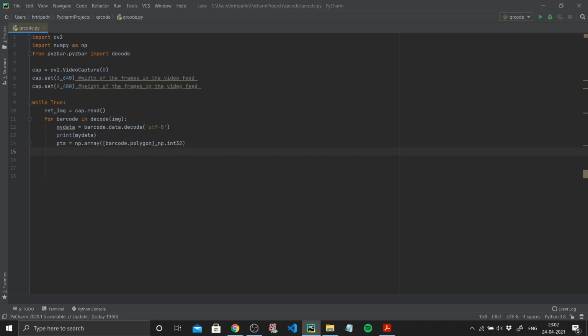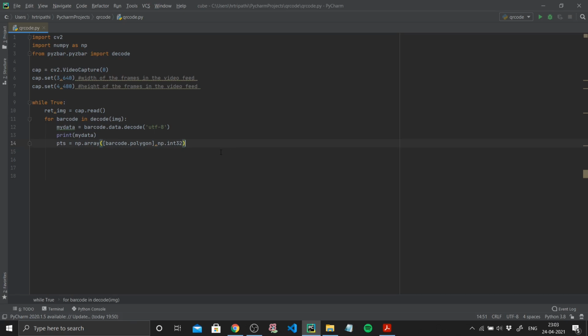You need something that fits dynamically as your point of view changes from your camera angle, right? That's why we're going to be using the polygon, which is made up of all the points. So that's why I defined points as np.array and used the polygon. It'll return all the points, and from that we'll form our boundary.